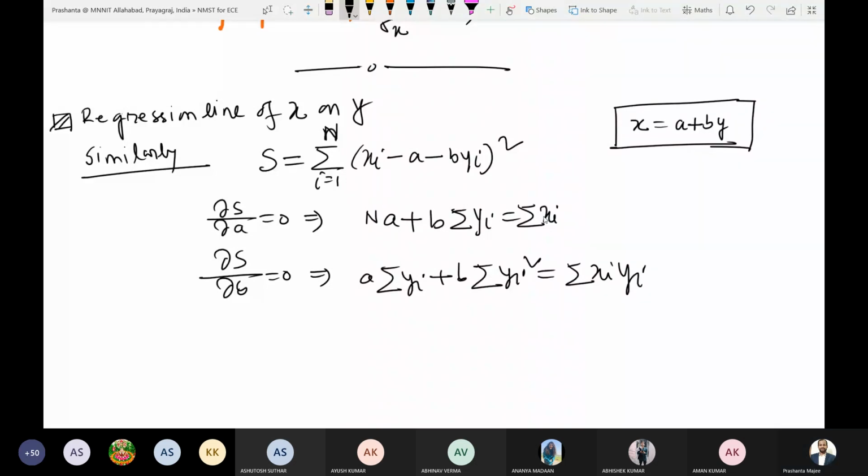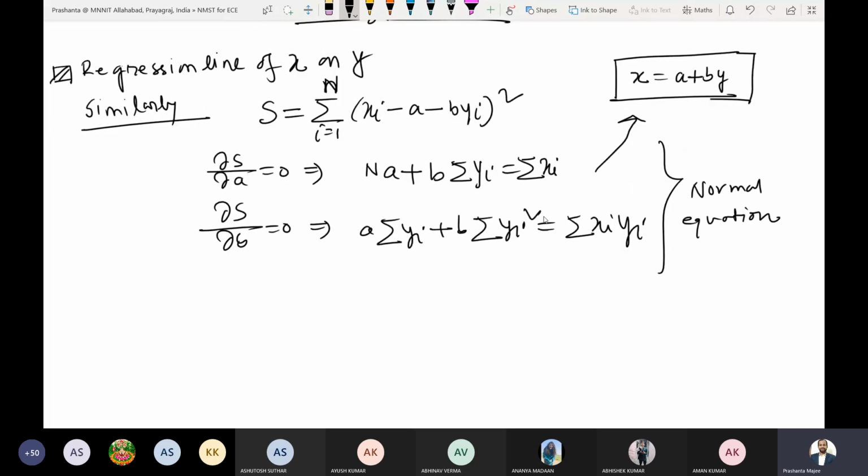So you have to solve these two normal equations. These are the normal equations. You solve these two equations and find out the value of A and B. Once you find out the value of A and B, you substitute that value of A and B in this equation x equals A plus by. Then the regression line of x on y will be